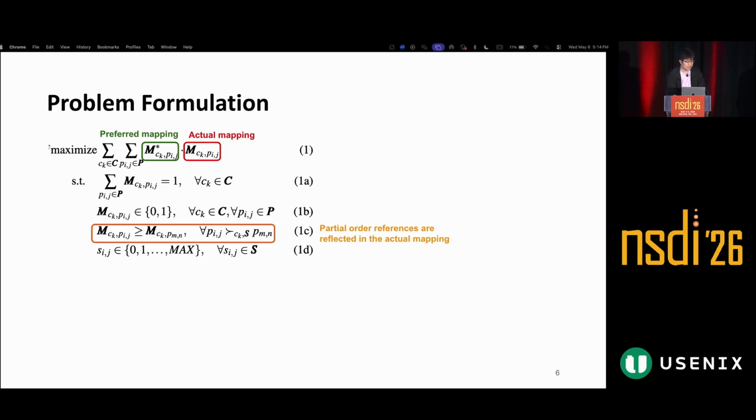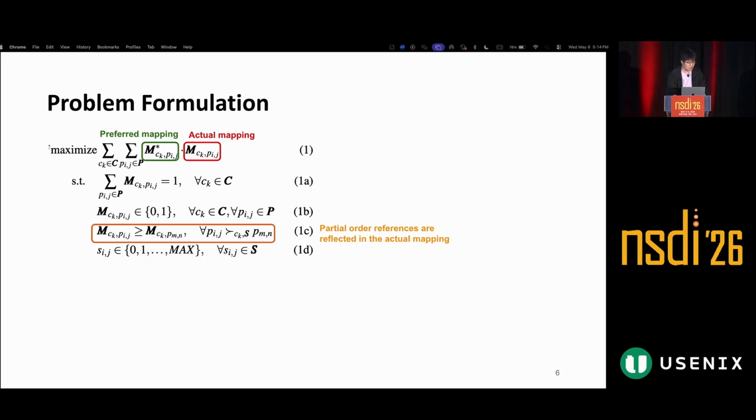But for the preferred mapping, maybe you can choose the same area, or a geographical distance less than 800 kilometers, or a measured RTT less than 60 milliseconds, etc. So you can do whatever the preference.